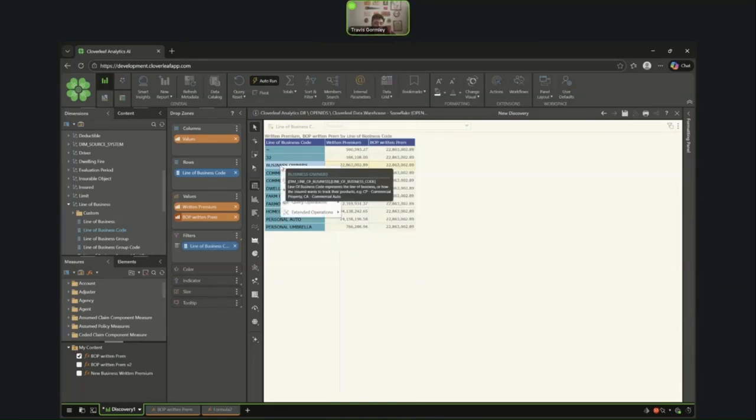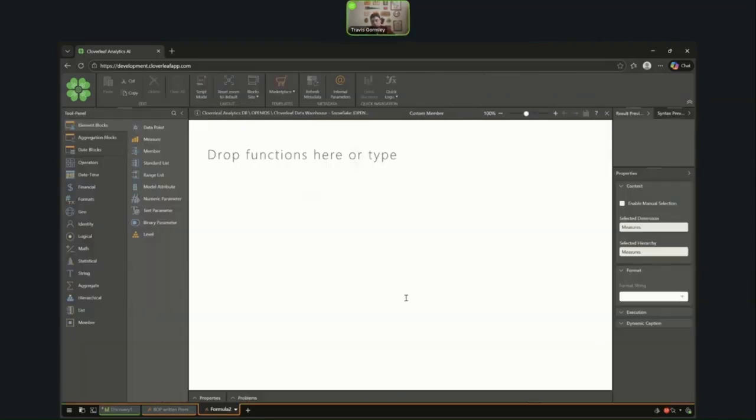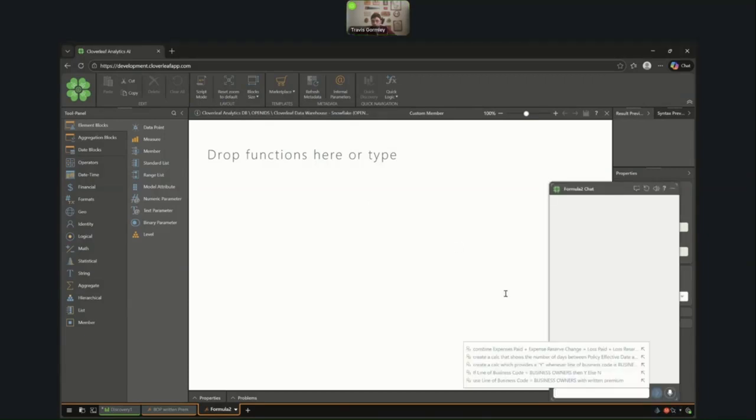Sometimes you're not sure. So what you can do is go to the actual dimensional field, right? Right click, and then go down to extended operations. Oops, go down to copy, and then copy value. All right, and once you have that value, then you can come back, of course, and get your AI bot going. So again, use